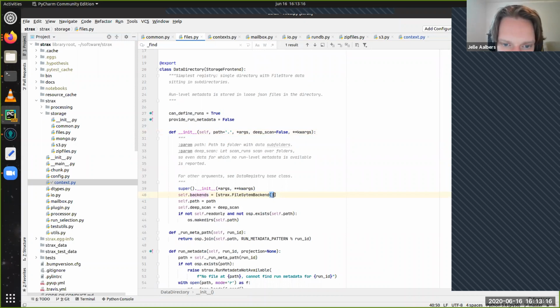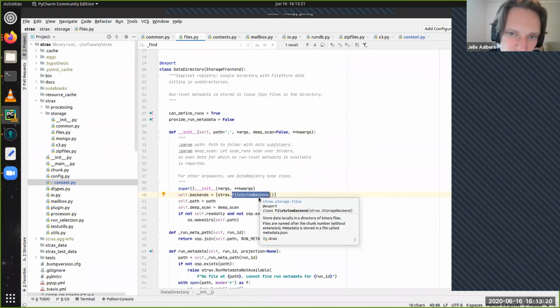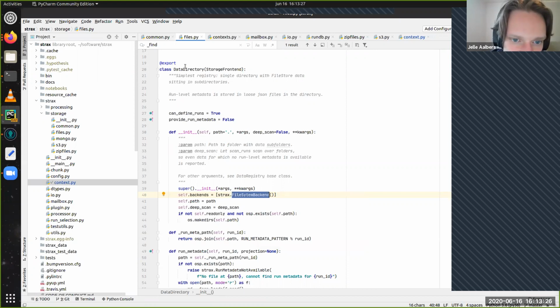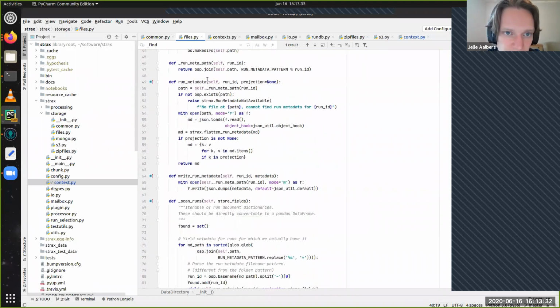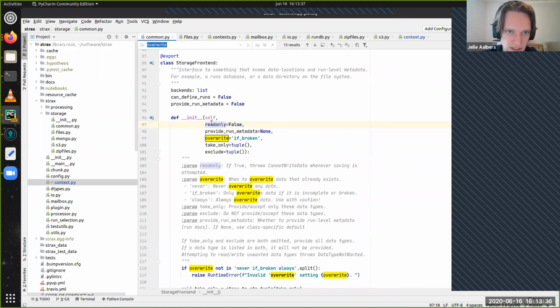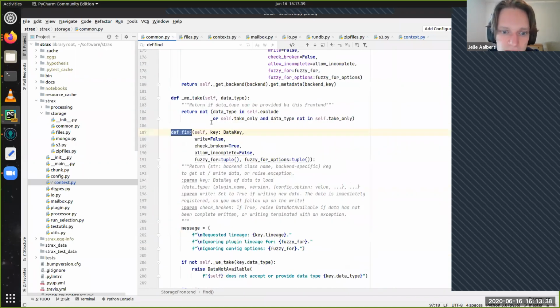So I can replace this with my root file backend, and then I'm sure somebody will notice my joke because all of the Xenon data will suddenly become unreadable. Because then whenever the data directory gets asked for any data, what will it do? Right, this is the case for all storage front ends, so I can look here in the find method. Right, so this happens when you're finding data.